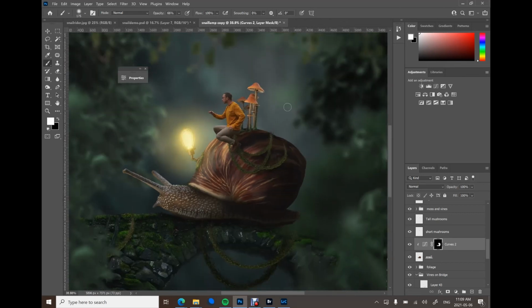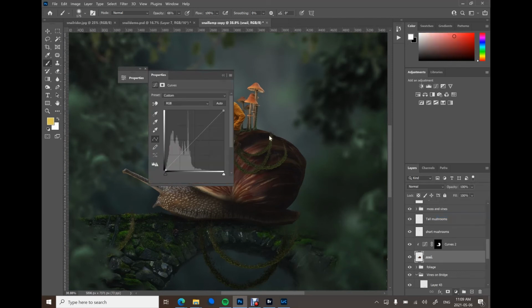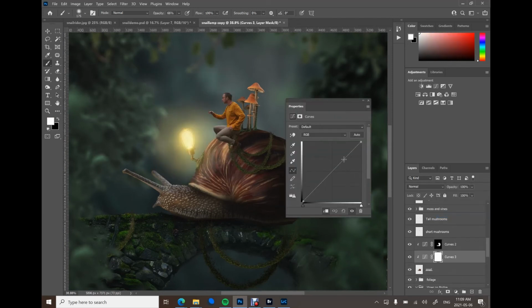Now we're going to do the same thing, but in reverse for adding in some glow onto our snail. So we're going to go back to our snail layer. We're going to add in a curves layer. We're going to make it a little bit brighter this time. So we're not going to drag it down. We're going to drag that point upwards. So you have that kind of really arcing